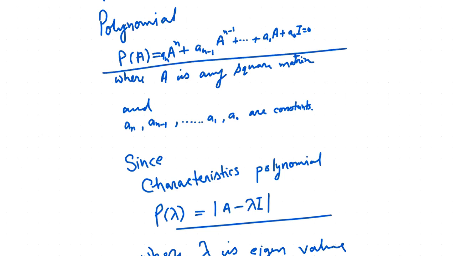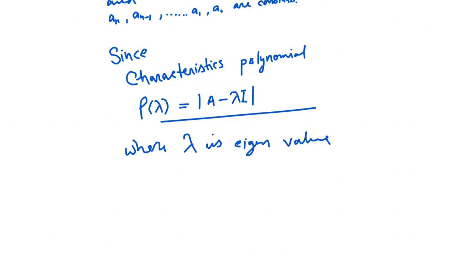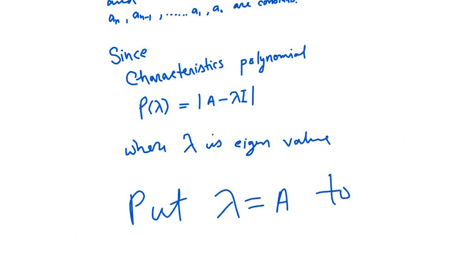So put lambda equal to A to find P(A), because in place of lambda we are taking A. So first of all, we need to find the characteristic polynomial in lambda. Then we will put lambda equal to A